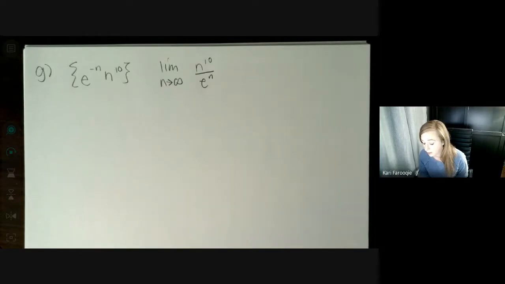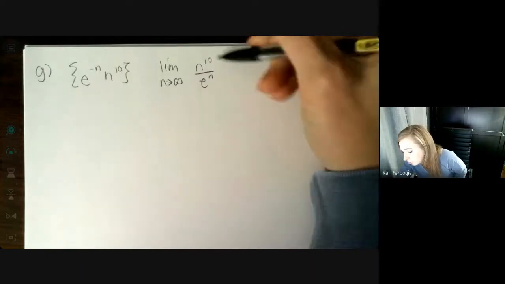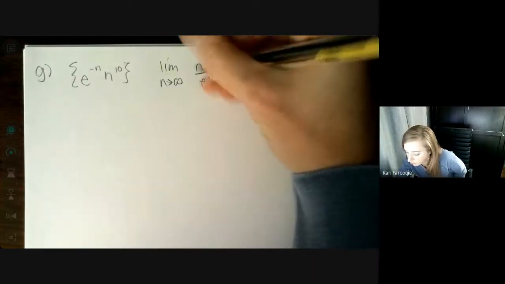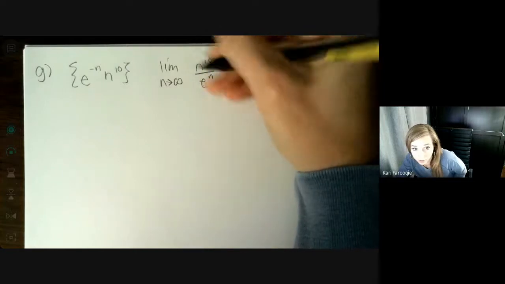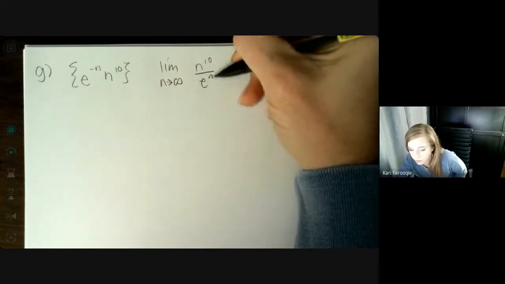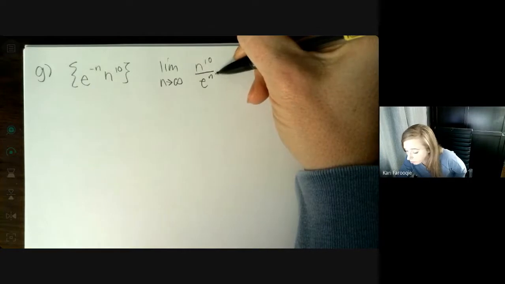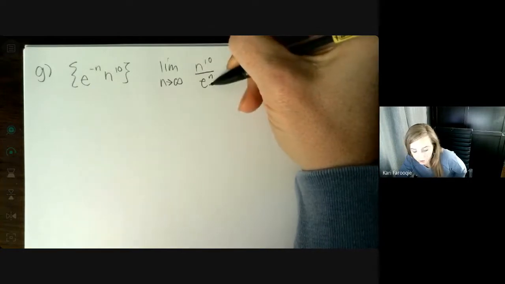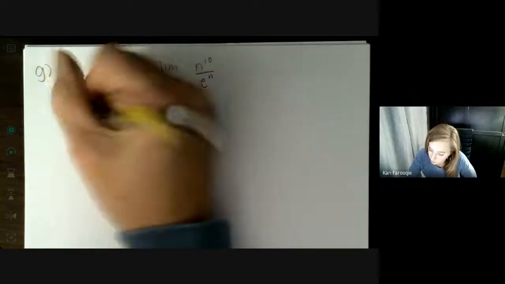Okay, now I want to tell you something about growth rates, because I really want you to understand how the growth of a function is going to affect your limit, because I don't want you to feel like, do I really have to take this derivative 10 times? Officially, yeah, you can say that eventually this is going to go down to a constant, and then it's going to go down to 0. The derivative of e to the n will always be e to the n. So at some point, you're going to have 0 divided by e to the n. But as far as growth rates are concerned,